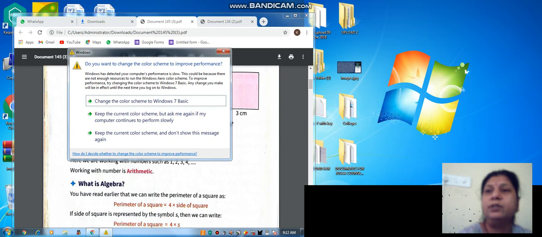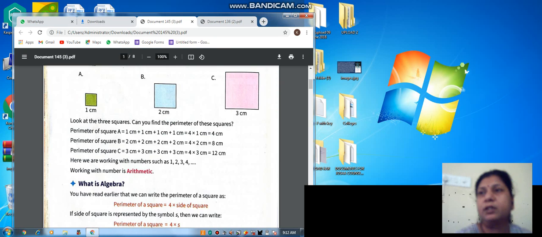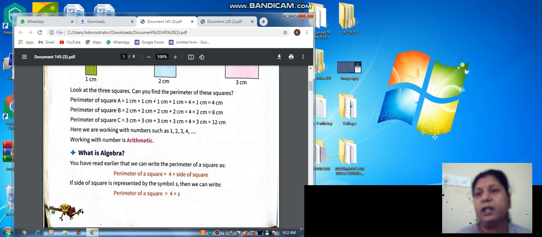We have studied so many formulas up to this point in 3rd, 4th and 5th, in arithmetic and also in algebra, that is, perimeter of a square is equal to 4 into the side of the square. Now most of the time the side of a square is represented by S or L. So here S is the variable, or we can say here in this mathematical formula we use